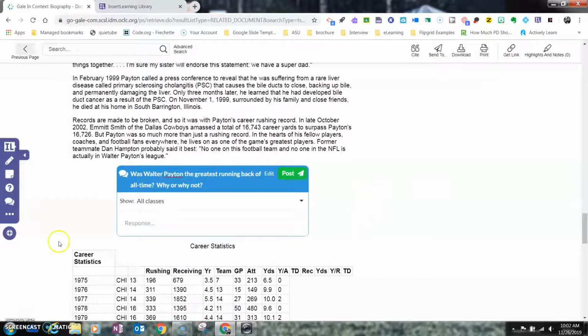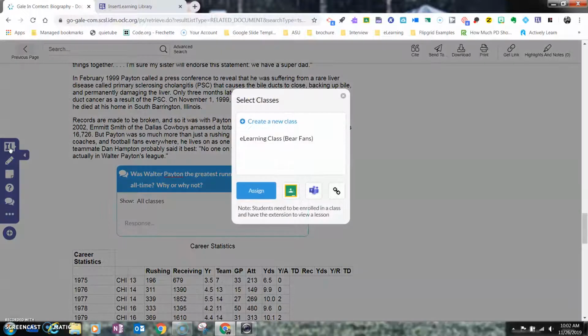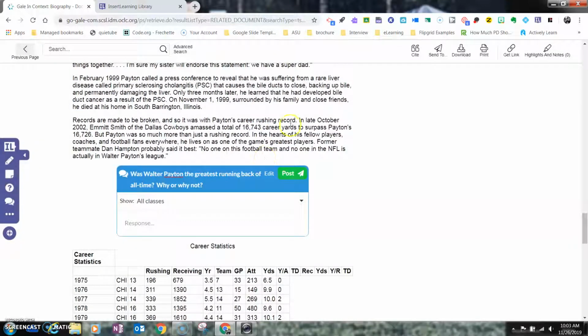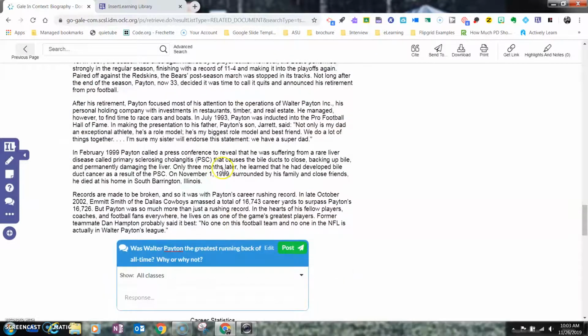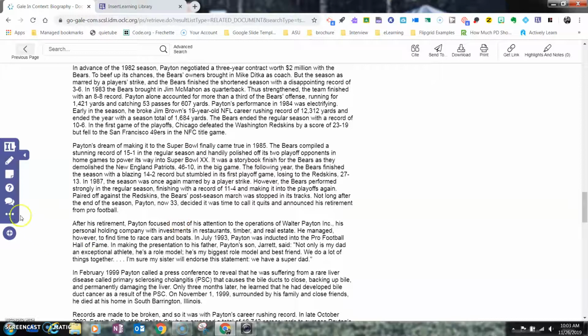And so once I'm done with this, what I would do is just click assign, and here's the great part. When I created my account, I went ahead and associated it with my Google Classroom. So here's one of my Google Classrooms. I just check on this and I hit assign, and it's going to go immediately to the students in there. So they're going to get this web page and they're going to see it. The way it would appear for my students